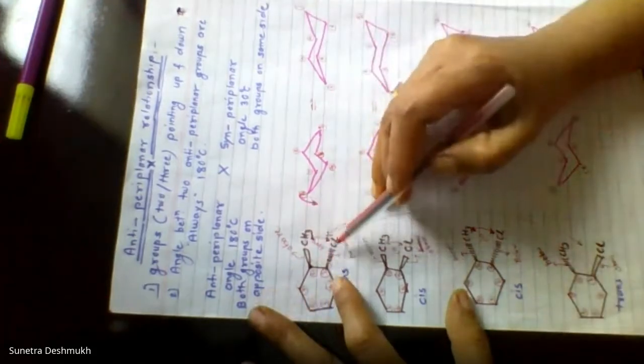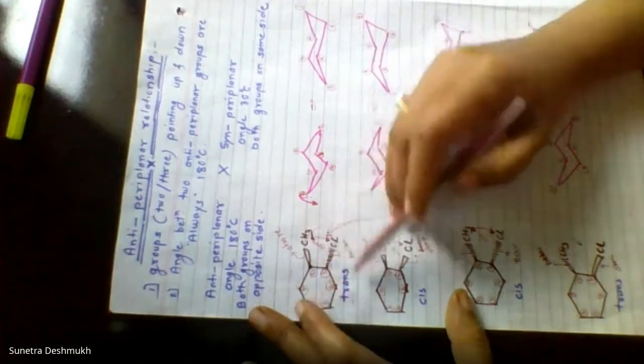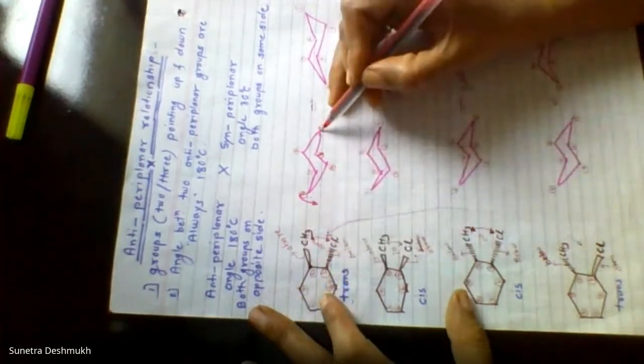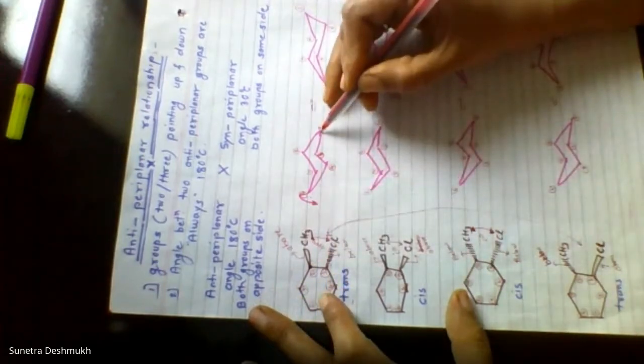Now go for this one, where at the first carbon atom chlorine is present below the plane. Okay, so this is trans. We are going to see at the first carbon atom. I am going to draw the chlorine atom which is present below the plane. Okay, the chlorine atom I have written here below the plane, so it becomes axial, right over here, axial.